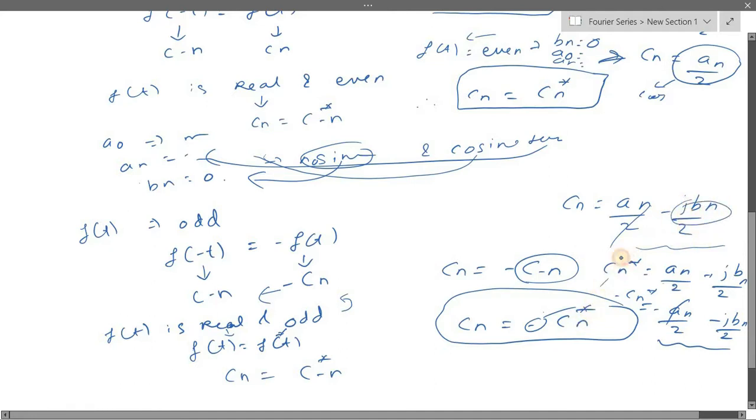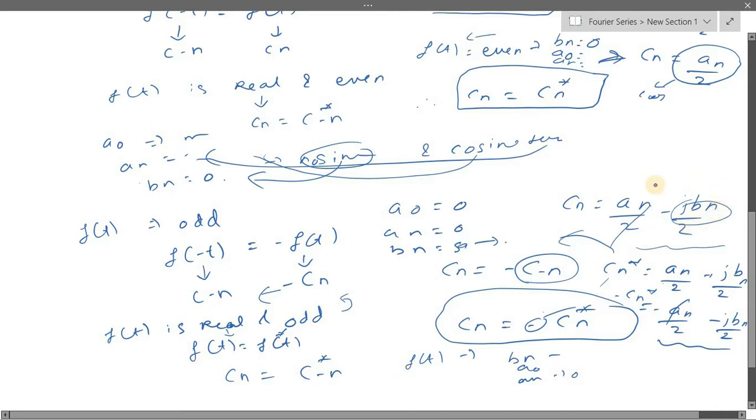Okay, and this is what you get in the trigonometric Fourier series as well. Whenever you say that f of t is odd, it means that only bn will be present and a0 and an will be 0. Here also it is the same thing: whenever your function is real and odd, a0 will be 0, an will be 0, and bn will be finite. Since bn is finite, only sinusoidal terms will be present and no cosine terms. Okay, now if you see this, Cn is basically minus j bn by 2.